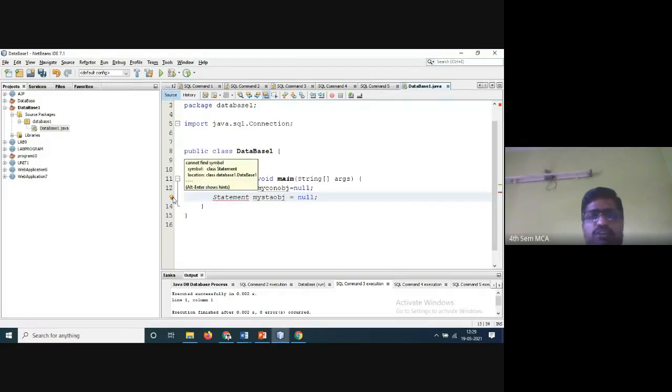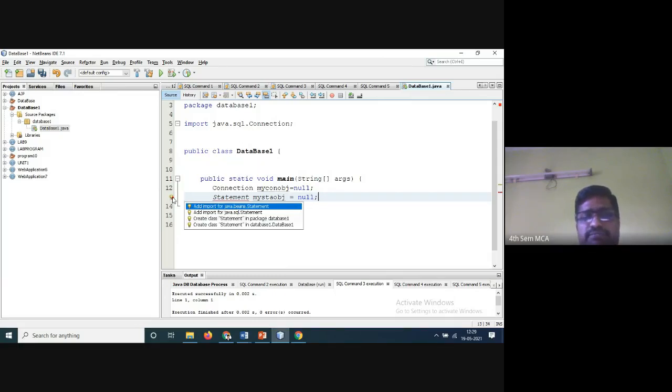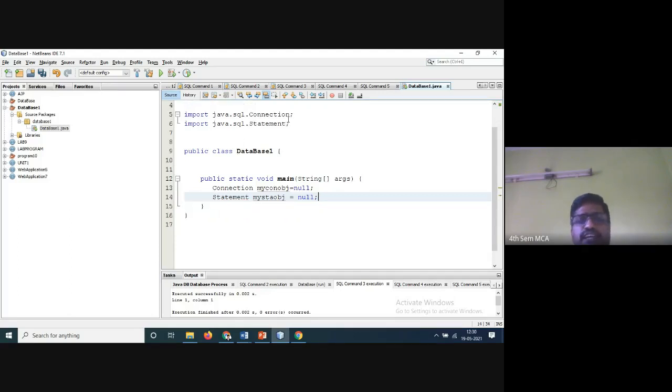Only thing is, you will be getting the easy way, because if you get errors in the examination, how to do it? So now it is showing the error. Once you see the error, just click it here. It shows import java.beans.Statement, but you have to go for import java.sql.Statement. We need the SQL statement. Now we are not using Java beans here. So students, please remember this. The second one you need to take is SQL dot statement.